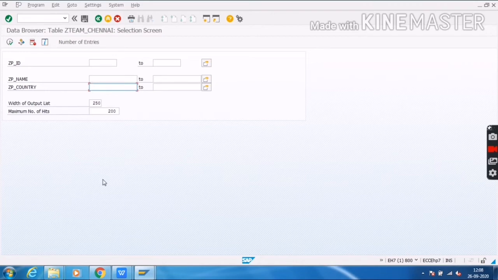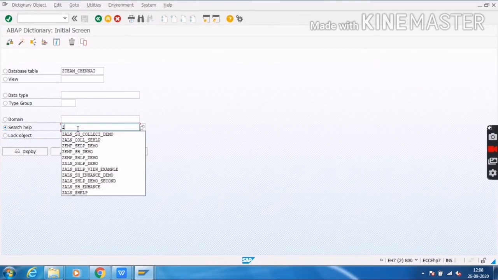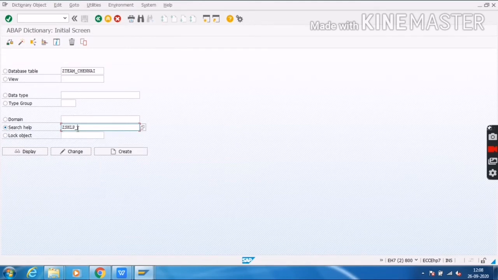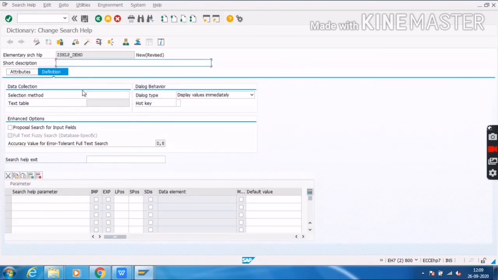So I want to give search help to these three fields. To create a search help, I will go to the SE11 transaction again. I will select search help and give the name SHLP_DEMO. I will click on create and choose elementary search help, then click OK.